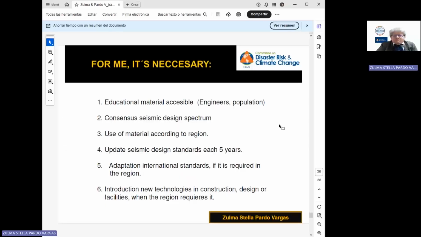And conclusions. For me, it's necessary, first, educational material accessible for engineers and the population.